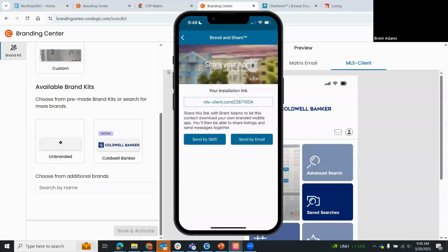But if you want to send out this entire link to them, it's going to take them to the Google Play Store. It's going to take them to the Apple App Store. Download that MLS client app that's branded to your specifications that we just sent out. You can text it, you can email it right from here, or copy and paste it as you saw me